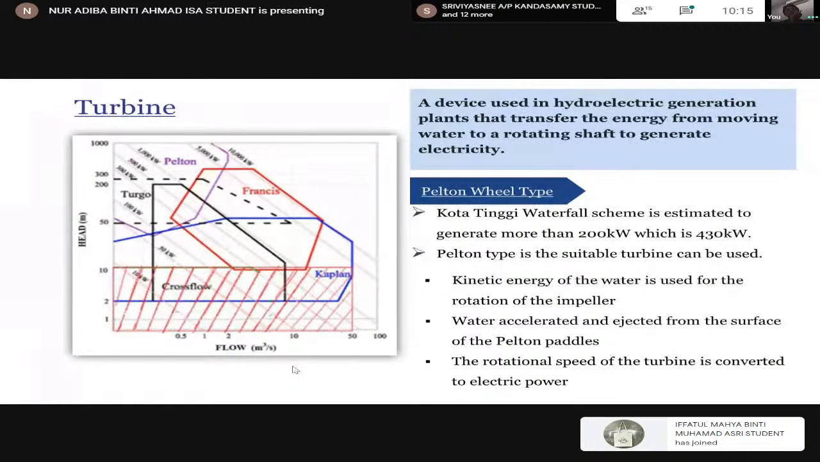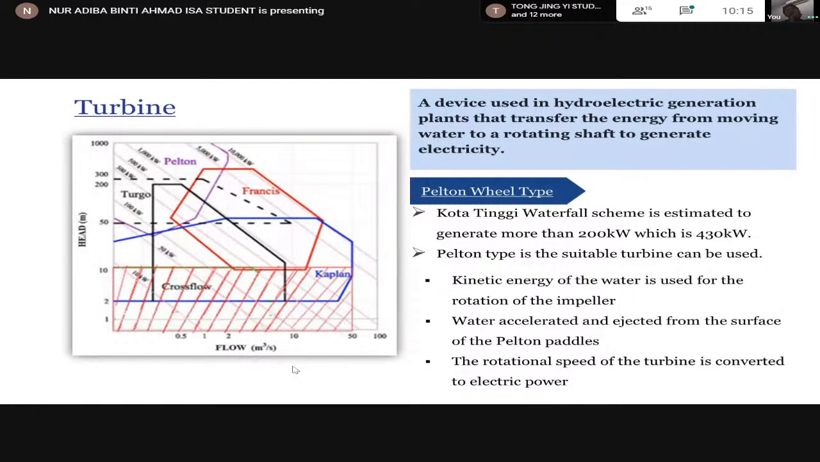A turbine is a device used in hydroelectric generation plants that transfers the energy from moving water to a rotating shaft to generate electricity. From our case study, we chose the Pelton wheel type based on its head and estimated flow rate value. The Kota Tinggi Waterfall scheme is estimated to generate more than 200 kilowatts, which is 430 kilowatts. The Pelton type is a suitable turbine, where the kinetic energy of the water is used for the